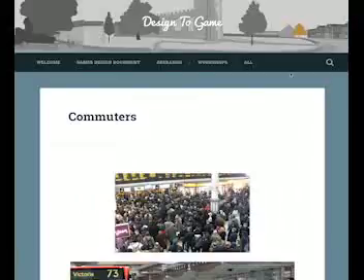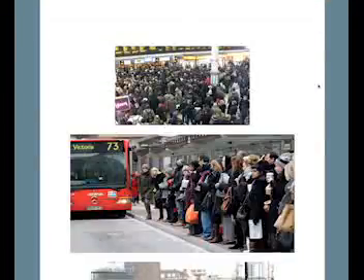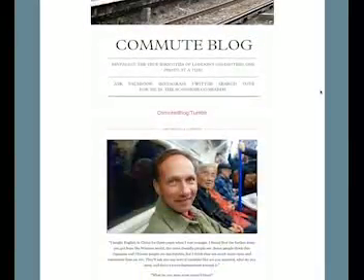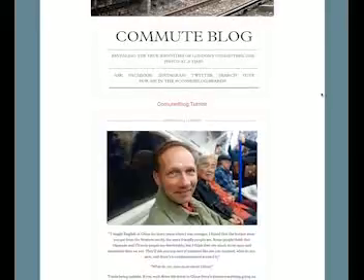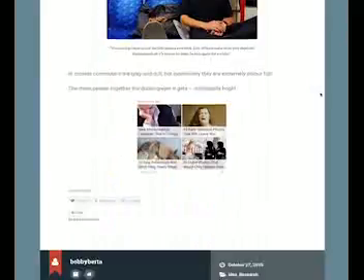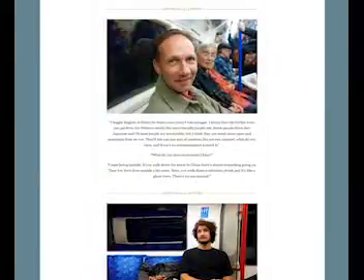One of the other images I liked was commuters and how they're an autonomous grey tribe, but actually finding the commute blog, it takes individuals from that crowd and really makes something unique and interesting.